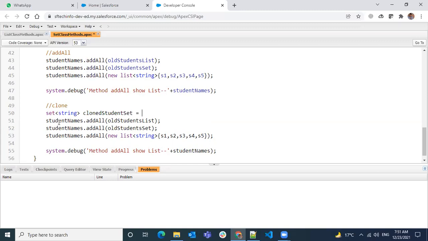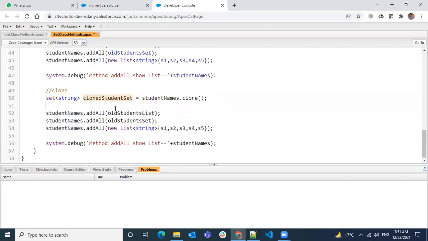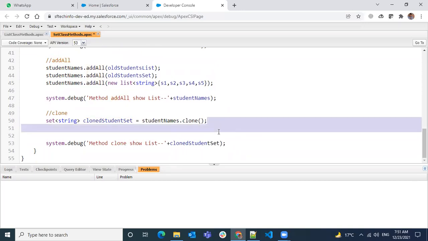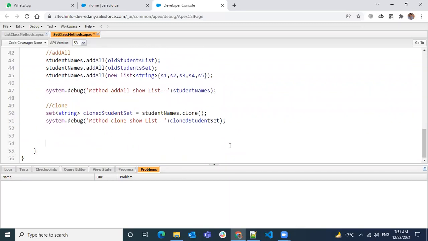What I'm trying to do is clone the student names dot clone, so that everything in the student names will be cloned to the student set. And now I want to see the clone of it, what will happen to it. Method clone, show this one. Okay, once the clone is done, the next one I want to do is,